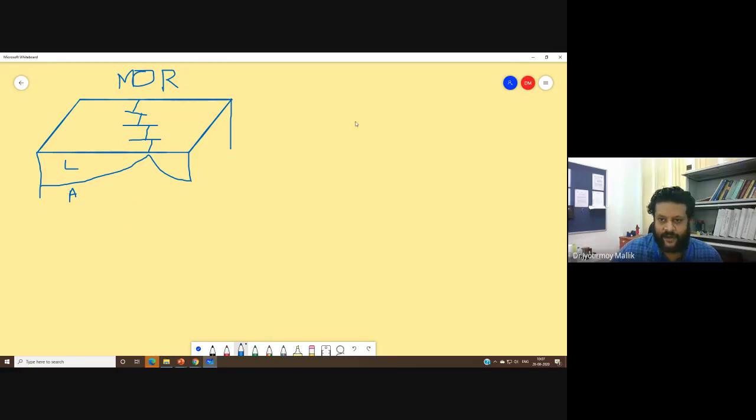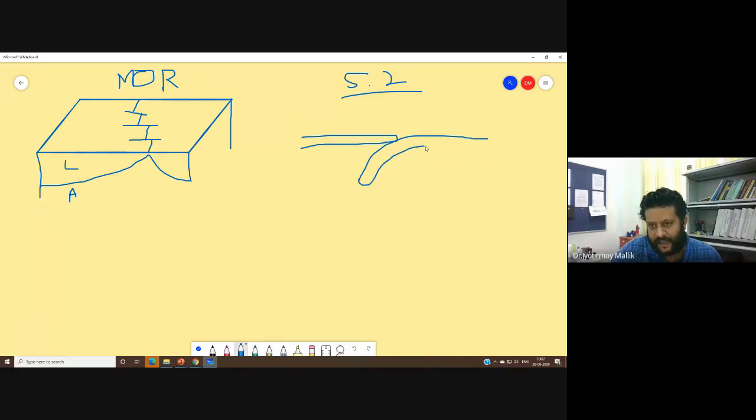And then we talked about the subduction zone or the trench. What happens in a subduction zone? I have one plate and the other plate essentially is going down. Now I want to compare the type of volcanism in these two particular cases. What I observe in case of a mid-oceanic ridge is that I am getting magma directly from the asthenosphere, right? So what type of magma would I expect here?